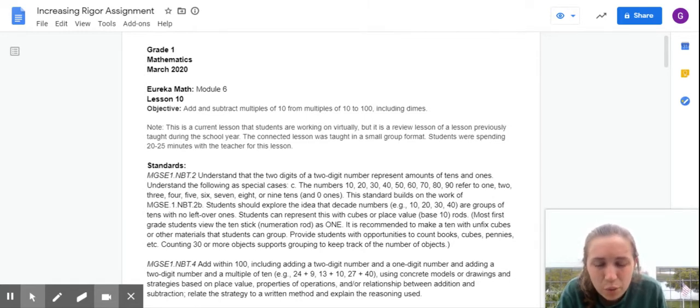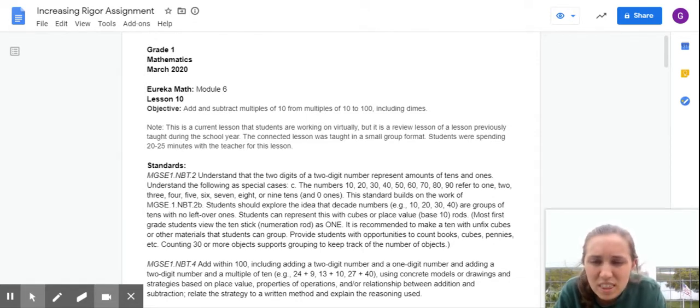It's a current lesson that we're working on virtually, but it is a review lesson of a lesson that we've previously taught back in Module 4. So, it's very similar to the Module 4 lesson. We're just now using numbers that are above 40. And it was taught in a small group format. So students are spending 20 to 25 minutes with the teacher for this lesson, and then they'll spend 20 minutes